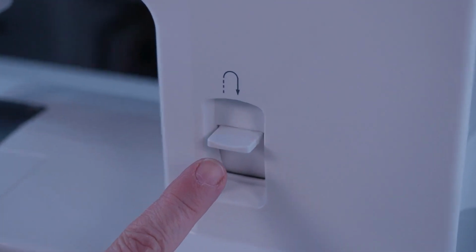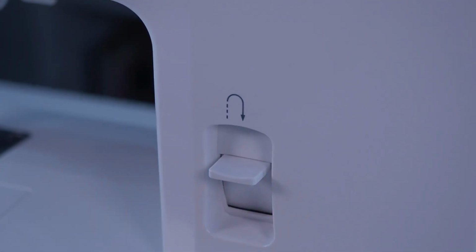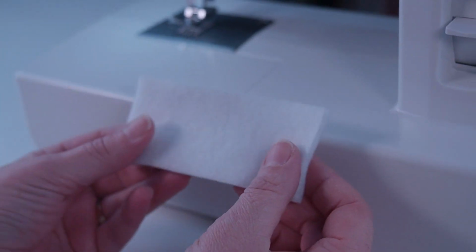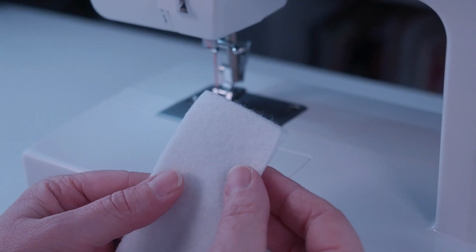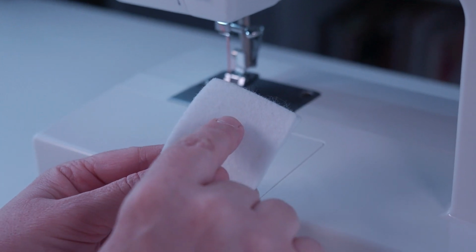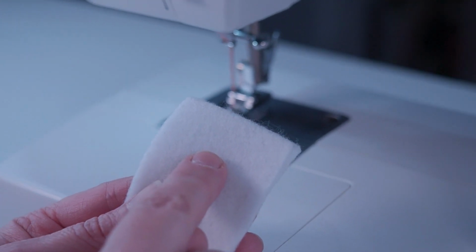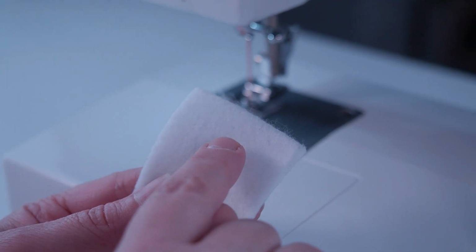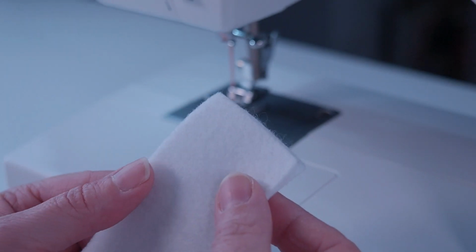The reverse sewing feature on the Singer Promise sewing machine is a fantastic way of securing the stitches at the start and end of any sewing project. When I start my reverse sewing, I like to start a small way down onto the material so that when I reverse and come forward, I'm only doing that once and it doesn't make the stitching too bulky at either